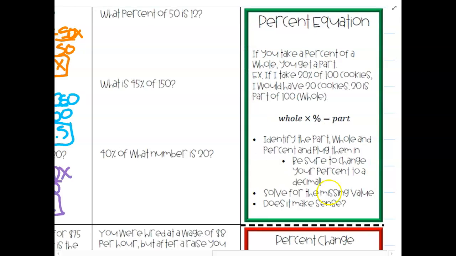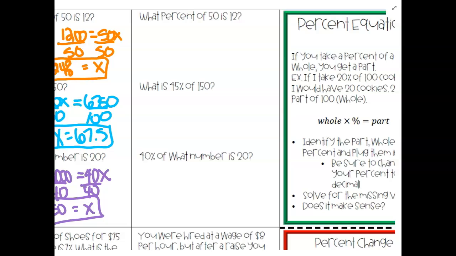Now, what I like to do instead is I like to just take this and pick out the math keywords and write an equation. Now, notice that these are the same problems, so we should get the same answers. Okay? Here's what I like to do. What percent? What? I don't know. In math, if we don't know something, what do we use? The variable. So it's going to be x, and keep in mind that that needs to be a percent. Okay? Of, what operation is of? It is times. So x times 50,